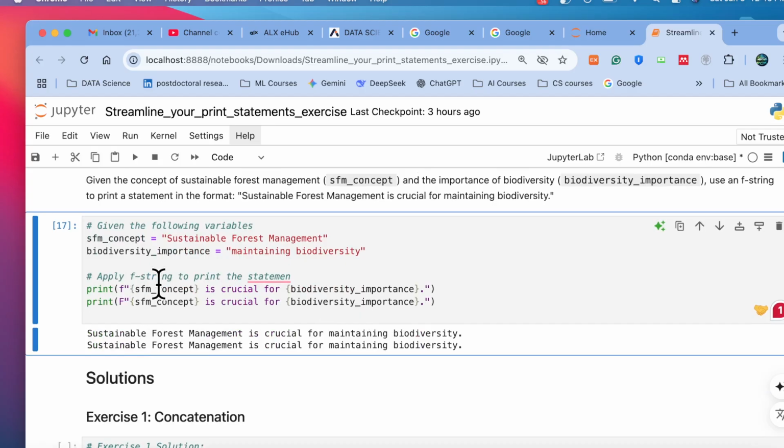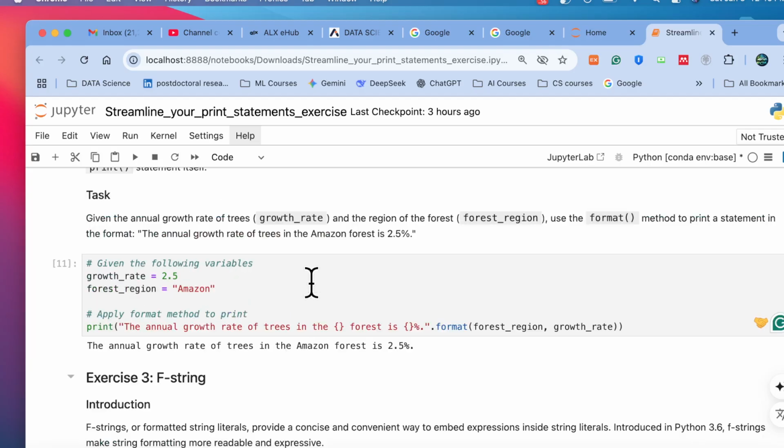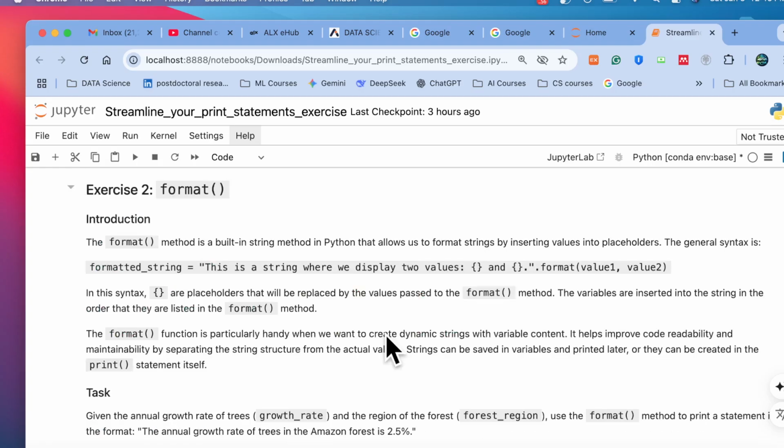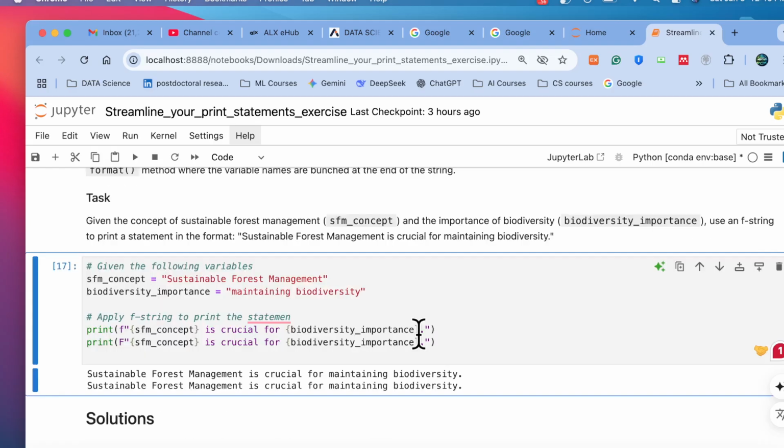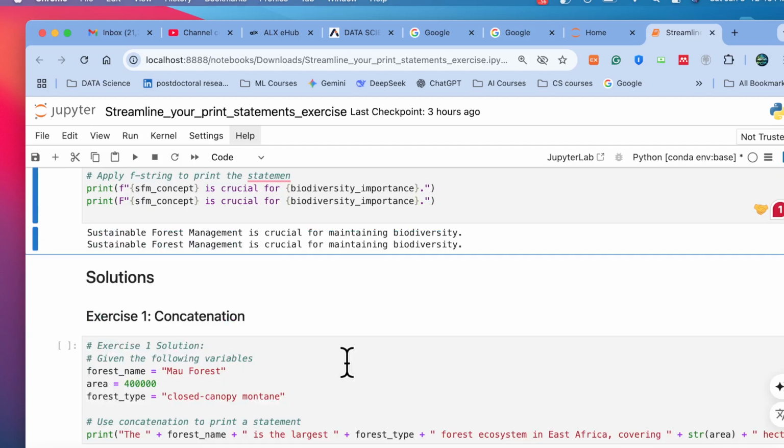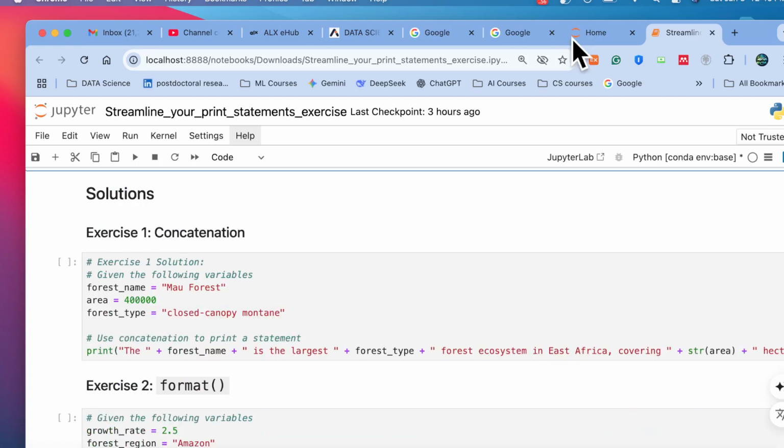This is like using variables inside the curly brackets, but in the format method we use a placeholder, an empty curly bracket. So like that we can do it. And you can check the solutions here, from 1 up to 3. Okay, so let's jump to